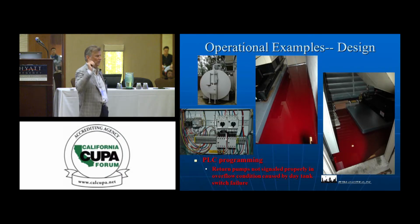If he was over on the other end of the property doing something else, that tank would have emptied, and this stuff would have gotten into the bay. So this is the right side of the generator. This is the back side. Here's all the pumps. There's the AST. You can see it's up on a hill, and right down is the ocean right here. And there's the culprit right there, this conflict in leak detection versus...